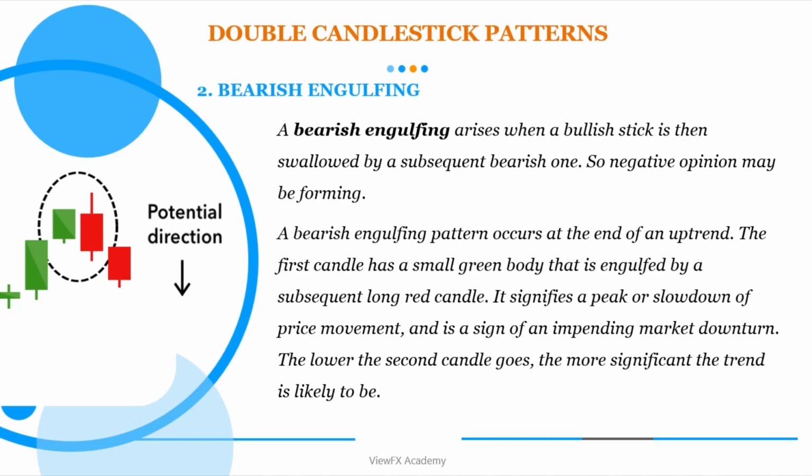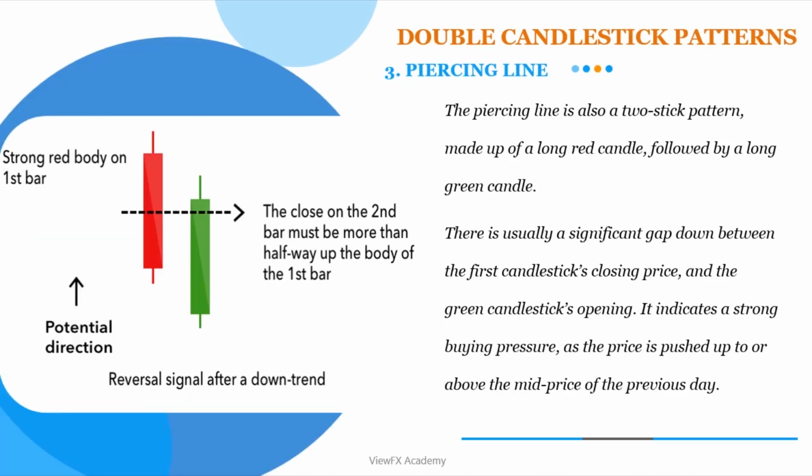The lower the second candle goes, the more significant the trend is likely to be. Piercing line. The piercing line is also a two-stick pattern, made up of a long red candle, followed by a long green candle. There is usually a significant gap down between the first candlestick's closing price, and the green candlestick's opening. It indicates a strong buying pressure, as the price is pushed up to or above the mid-price of the